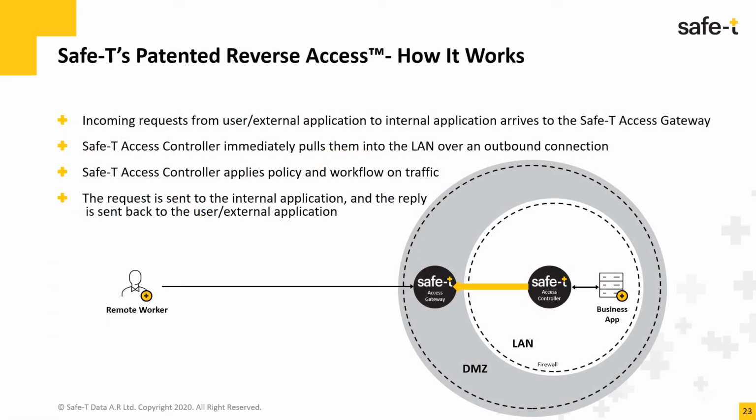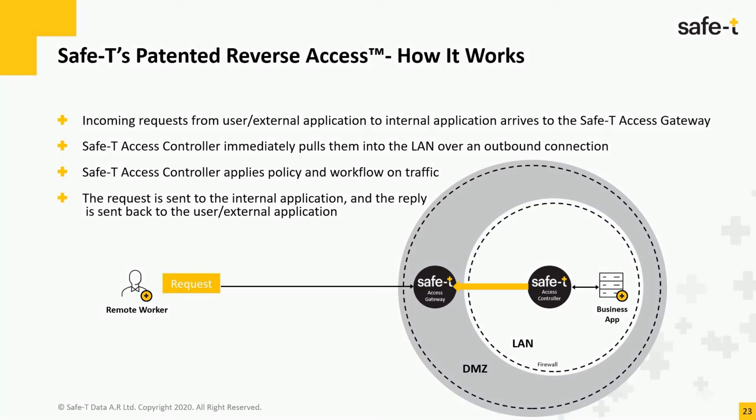Safe-T's patented reverse access technology removes the need to open any ports within a firewall while allowing secure application access between networks. The role of the access gateway is to act as a front end to all services and applications. It operates without the need to open any ports within the firewall, therefore ensuring that only legitimate session data can pass through it. It performs TCP offloading, allowing it to support any TCP-based application without the need to decrypt the